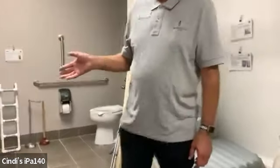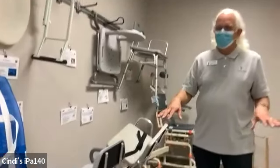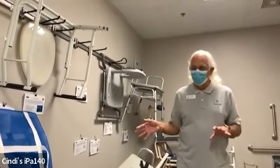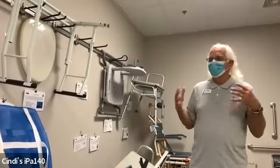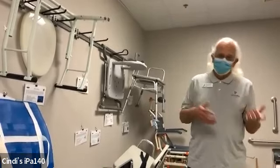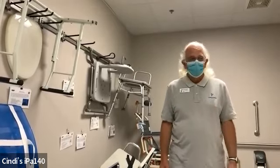But we do have a lot of different items in here that people can see and try. Different transfer benches for getting in and out of the tub area. There's a lot of things we don't have time to go over right now, but we do encourage you, if you're looking at stuff like this, to contact us and set up an appointment. You can come down and see some of this stuff in person. Again, like Cindi was saying, we do have a mandatory mask requirement, but to see it, physically try it, and find out if it's going to work for you is really a big part of what we're here for. Okay, the last room we want to show you real quick is